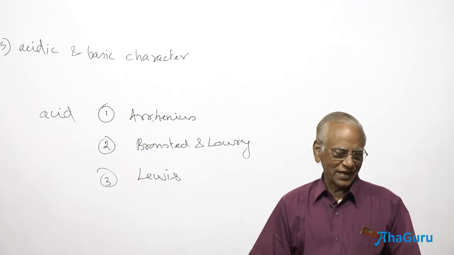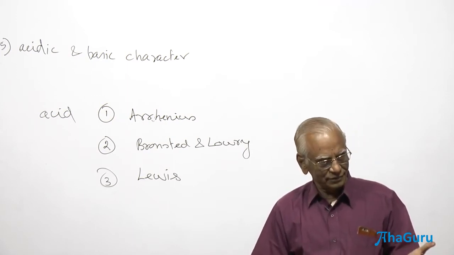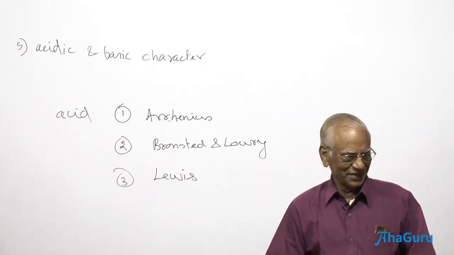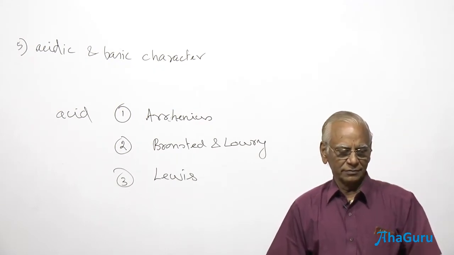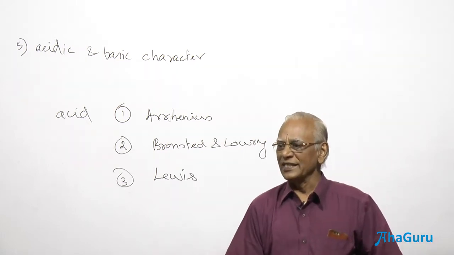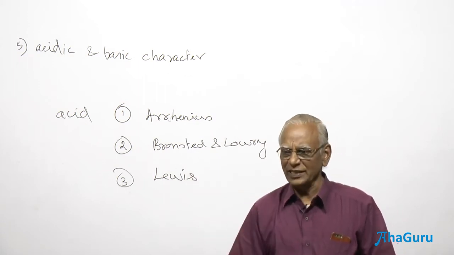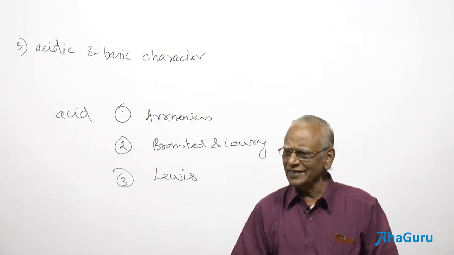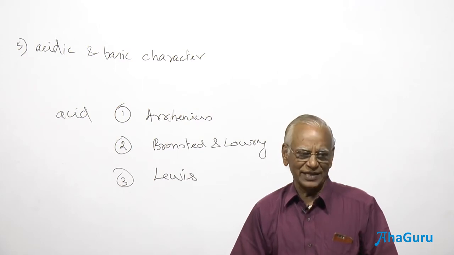We made an attempt last class itself. Okay, whoever mentioned it, good. It's based on... What is an Arrhenius acid? It releases H plus ions in water. Good. The one which produces H plus ion on treatment with water. HCl plus H2O, make a note of it: HCl plus H2O giving rise to H3O plus and Cl minus ion.